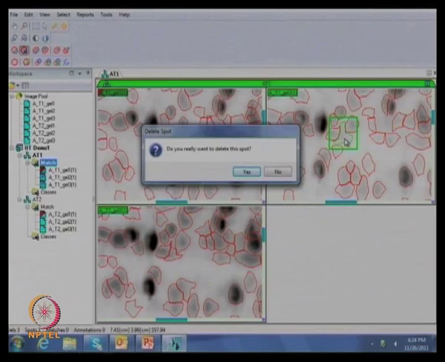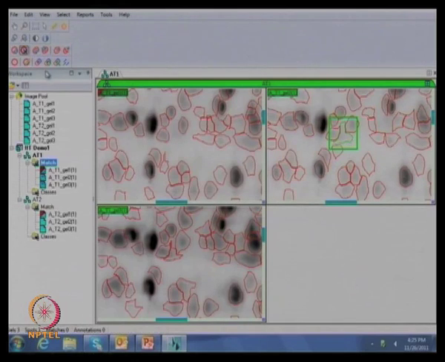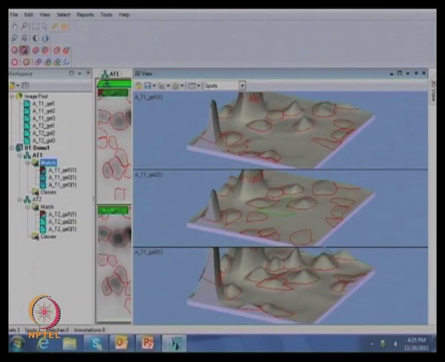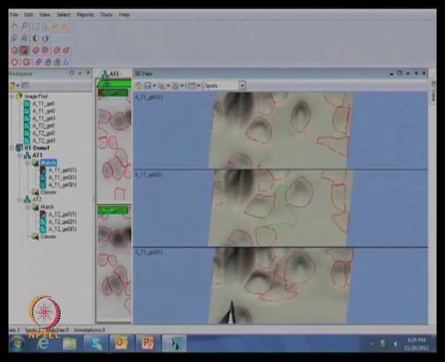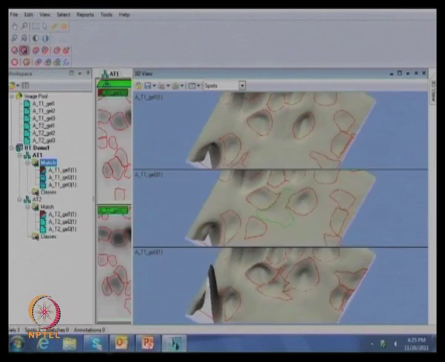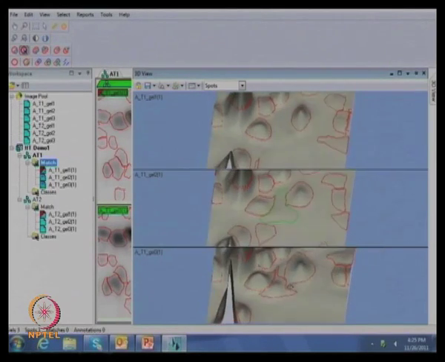But before we take the decision, can we just have a look at the 3D profile of this, to ensure that we are not actually deleting a real spot, a faint spot? Definitely. Then reports, go to 3D view. The spot which we are interested in discussing is highlighted with the green boundary, but it is only present in this particular spot and not there. But we can see some portion here actually, which is why it is detected there also.